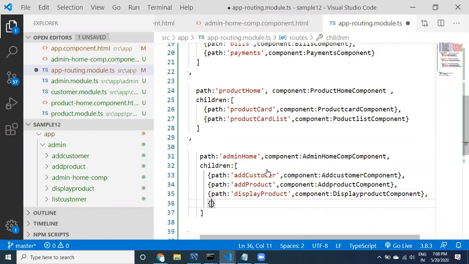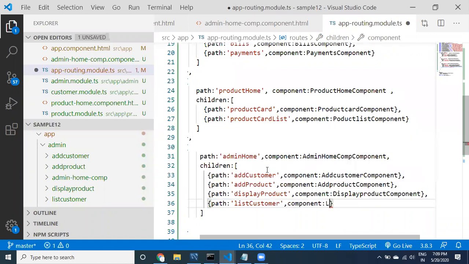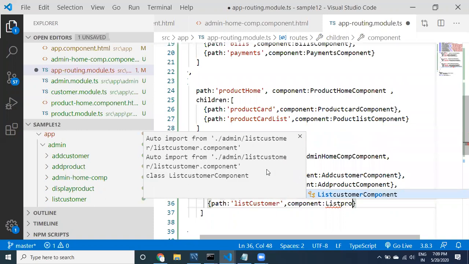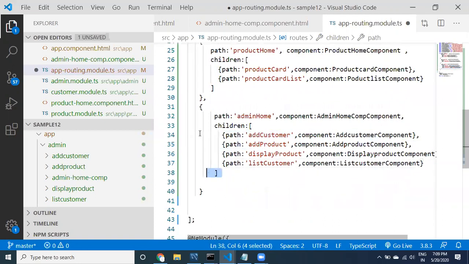And then path, list customers, you may take component equal to list customer component. So these are the things that we have. Admin home, and inside the admin home: add customer, add product, display product and list customer. This information we have.